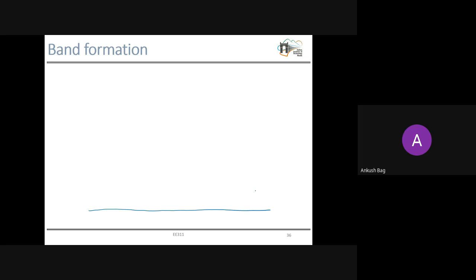Here I am considering the carbon atom, which has an atomic number of 6. Just below carbon in the periodic table you will find silicon, then germanium. If we understand the carbon atom's structure and band formation, it will also help us understand silicon or germanium, because they have the same atomic arrangement.